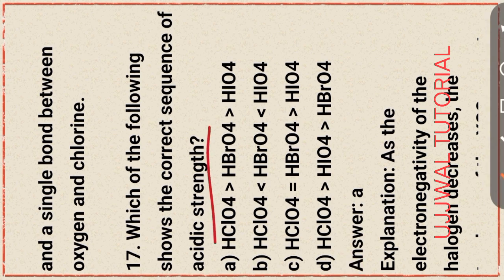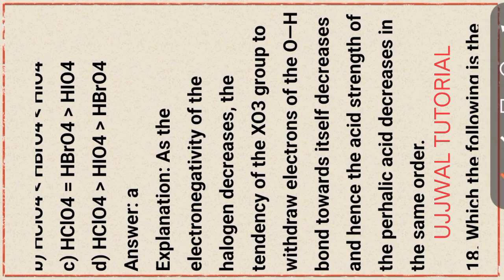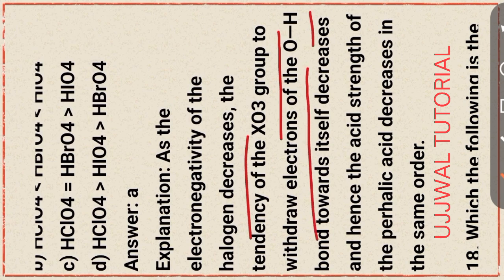Okay, that is option A, HClO4, HBrO4 and HIO4. Explanation for this part: as the electronegativity of the halogen decreases, the tendency of the XO3 group to withdraw electrons of the O-H bond towards itself decreases, and hence the acidic strength of